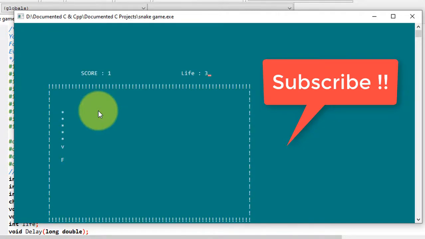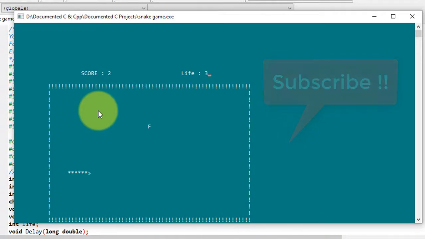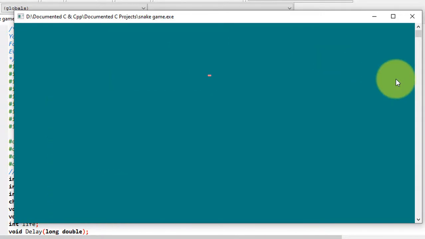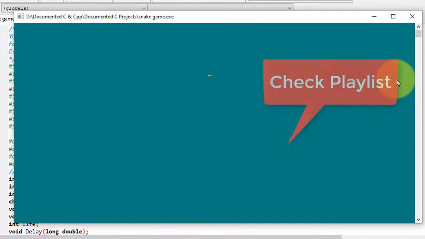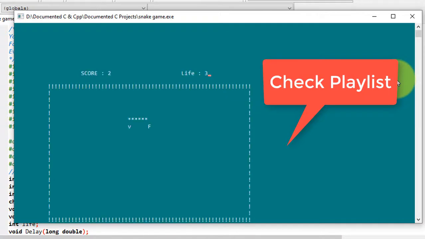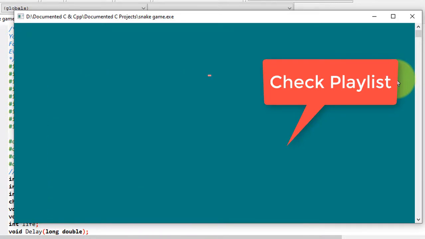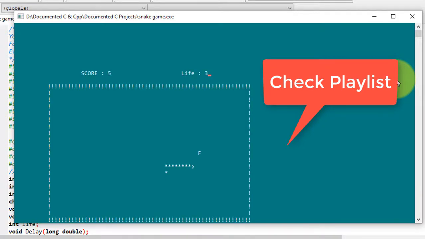Let's play this for a little while. The foods are generating here randomly on the screen, and you can see that my score is updated.